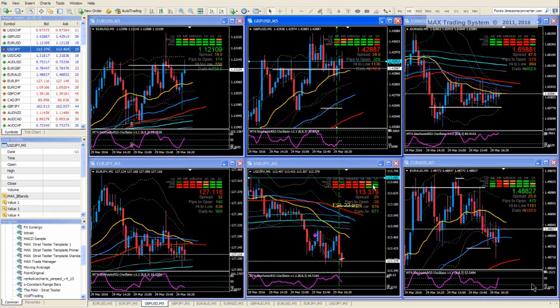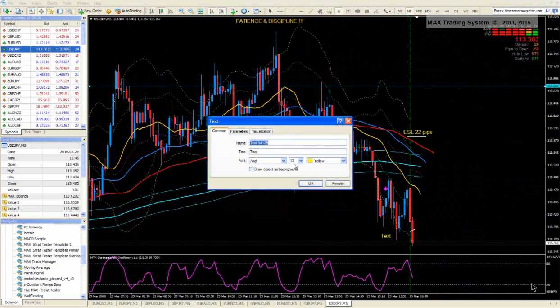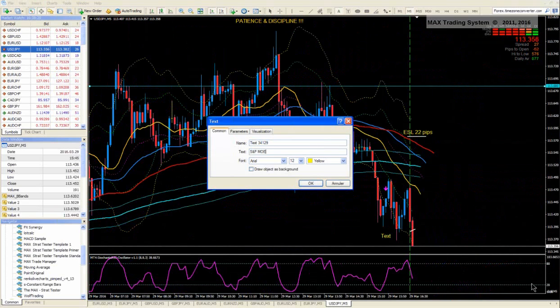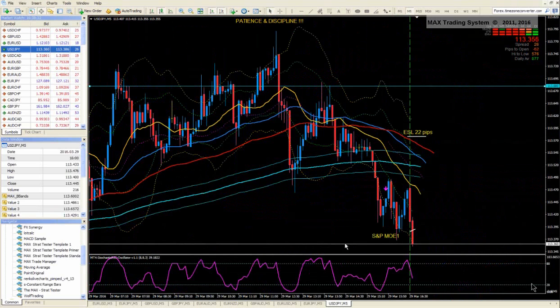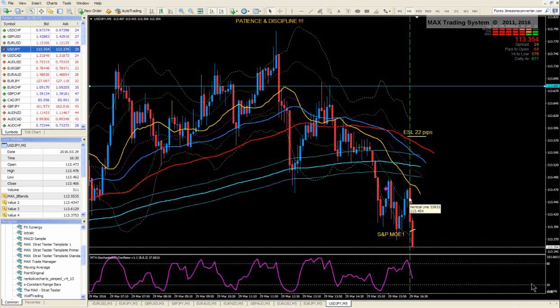Now for the USDJPY, because the trade is open and it is opened as a safe and perfect mode, the setup is called a safe and perfect mode. And why is it called a safe and perfect mode? The safe and perfect mode is one of the most reliable setups. This does not mean that we have a 100% winning rate with that setup. Far from that, okay? The average winning rate is around 75%. But it is called a safe and perfect mode because it is one of the footprints of the big boys in the market. And I explain why in the course, even in the Max Primer course.